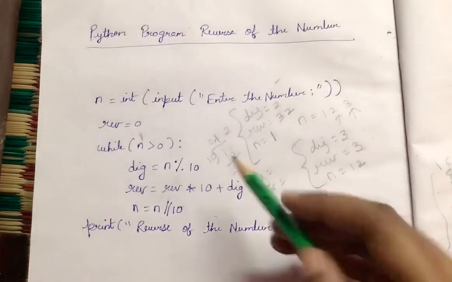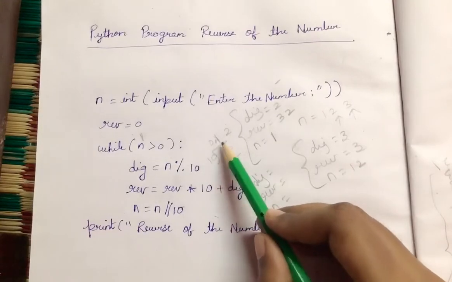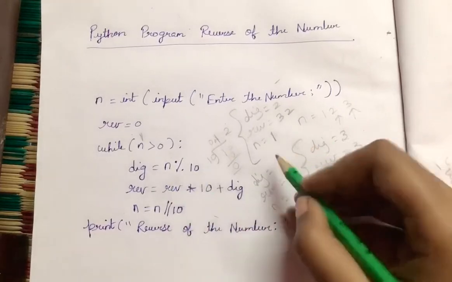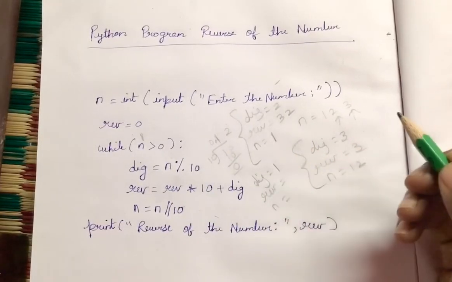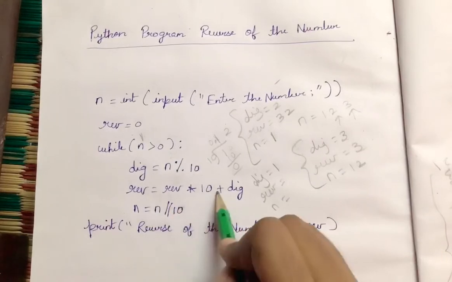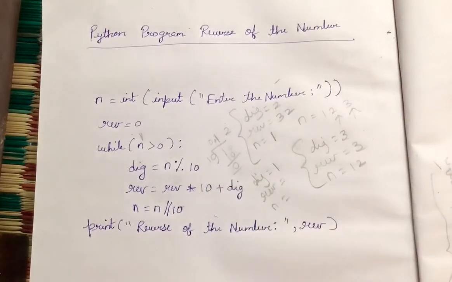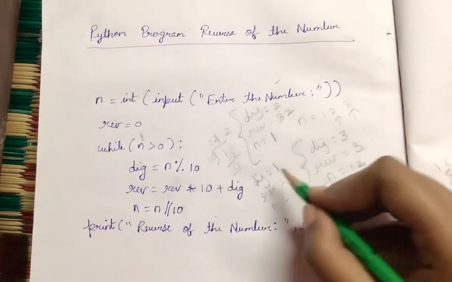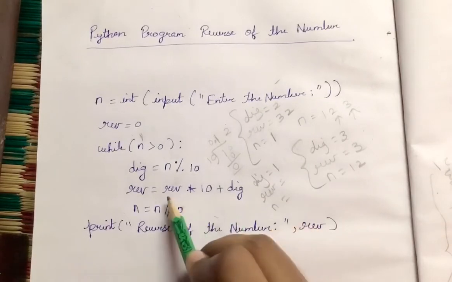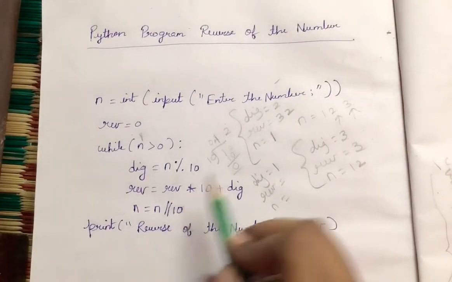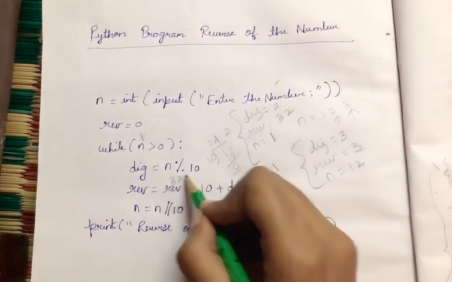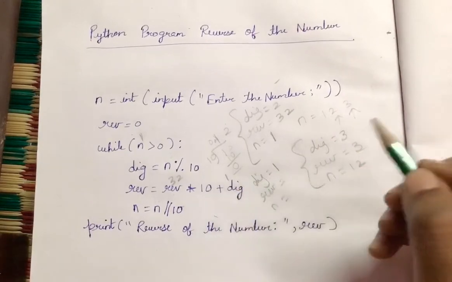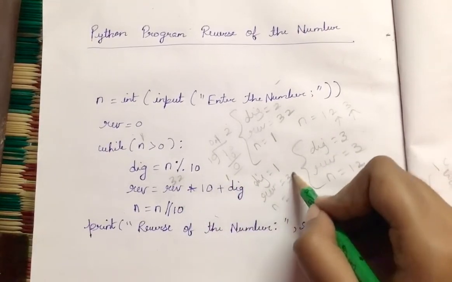Now we are going to check this. I have divided, so you get 0.1, but we take it as 1 only. The digit value is now 1. Next we are going to reverse the number. The remainder is 1 only, because we added the point value. Reverse value will be the updated value 32. 32 into 10 is 320. The digit value is 1, so 320 plus 1 is 321.